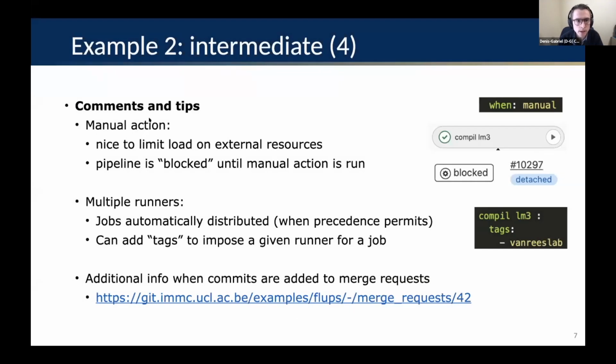You can define manual actions. This is something we thought was useful for anything related to actually doing something on the supercomputer. So if you want to avoid running on any commit, or I mean, if you want to have better manual control on whatever you're doing on the supercomputer, you can do a manual test, and basically you will have to go into the interface and click on that play button for running anything related to the HPC. At least this is what we did. I talked already about multiple runners,